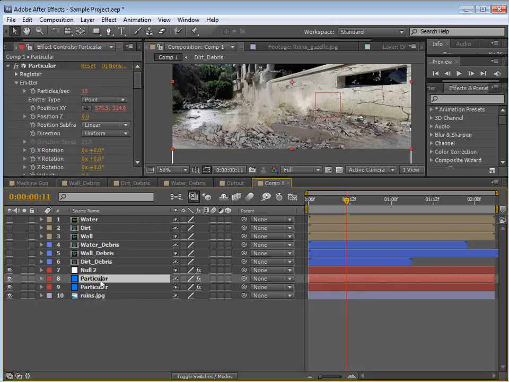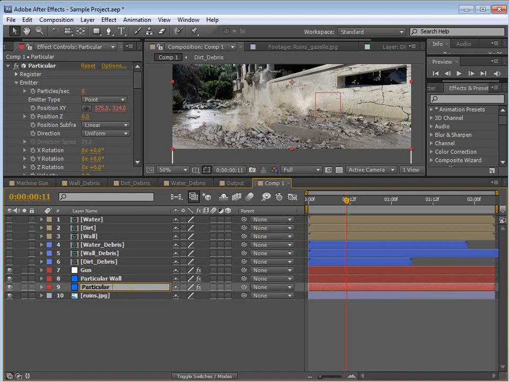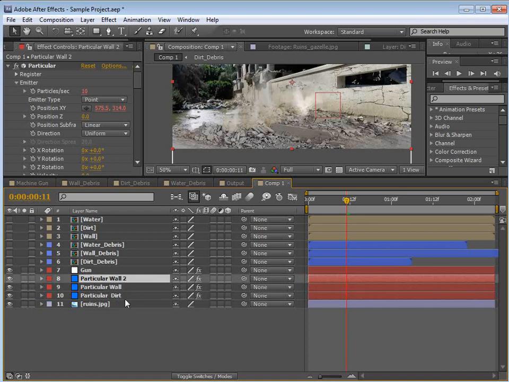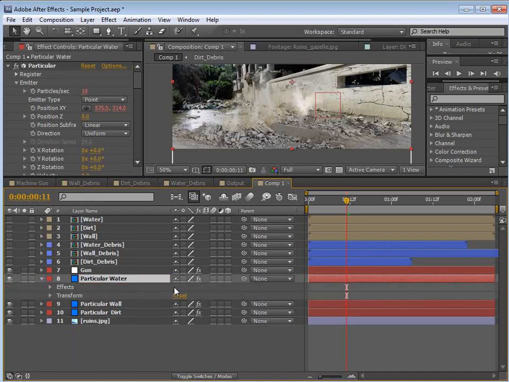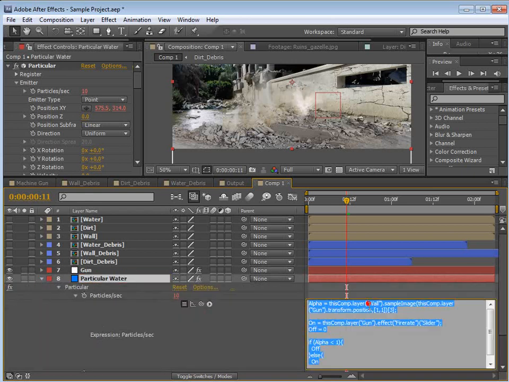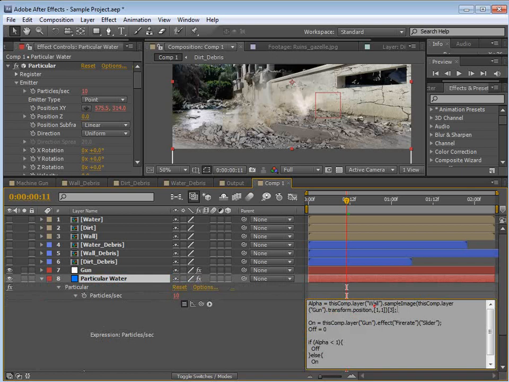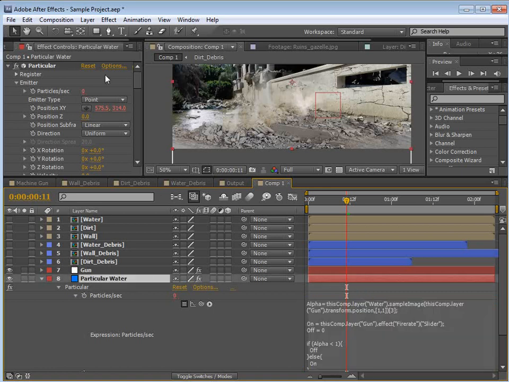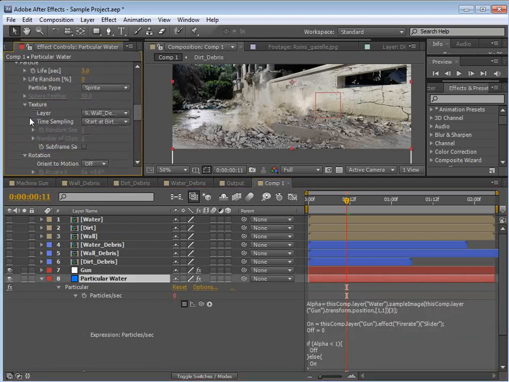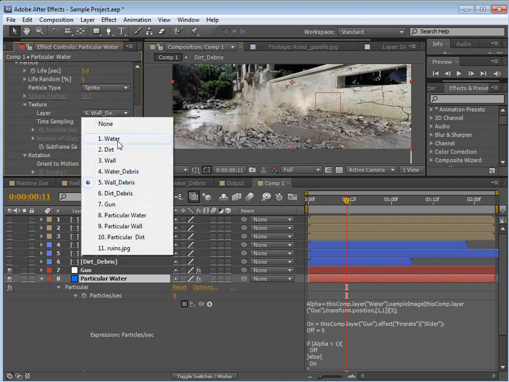Now let's go ahead and rename this. We'll call this particular wall, and the one below this particular dirt. And then we'll take the wall and we'll duplicate it again, and we'll call this water. And we'll hit U, which brings up the expression again. We'll click in here, and again let's change this from wall to water, and go into the particular settings, change the layer of the sprite to the water,